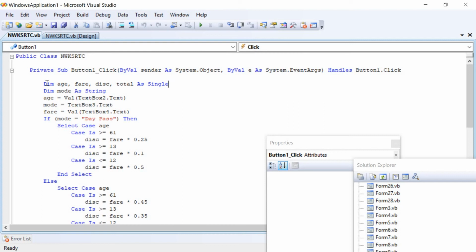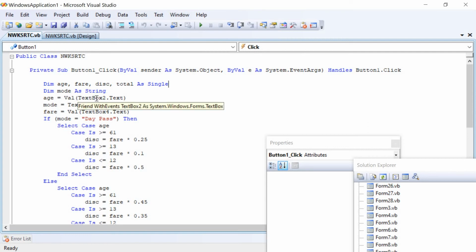To declare the variables, the dim statement is used, and here we have the variables age, fare, discount, total, which are of single data type. Later again we have dim mode, because mode will take only two values, either day pass or monthly pass, as string data type.